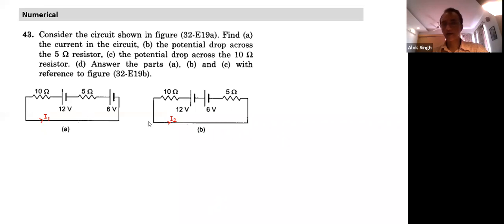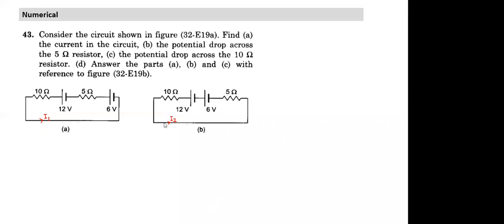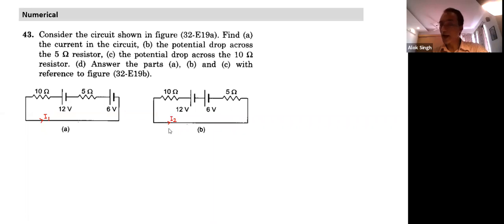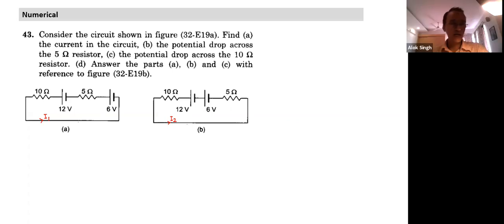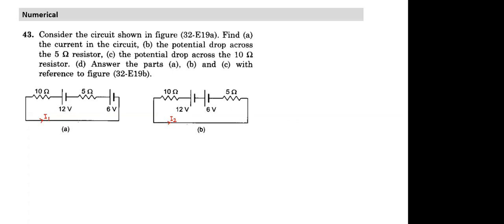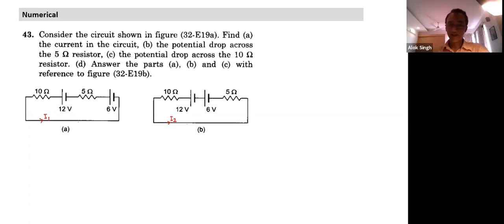So, Samhita, you've seen the question? This is current I1, this is I2. Yes, sir. Can you tell me the relative value of I1 and I2? Which is greater, which is lesser, or are they equal? Sir, I'm not sure about it. Why not sure? Tell me. How would I calculate I1? Which rule do I have to use to calculate I1 here? Using loop rule. How do you calculate current I1?